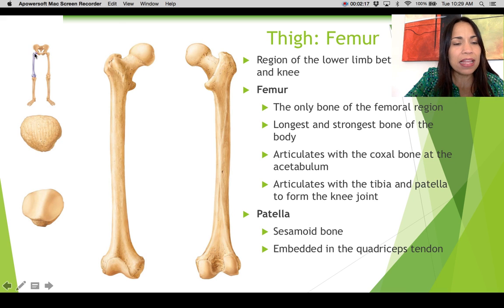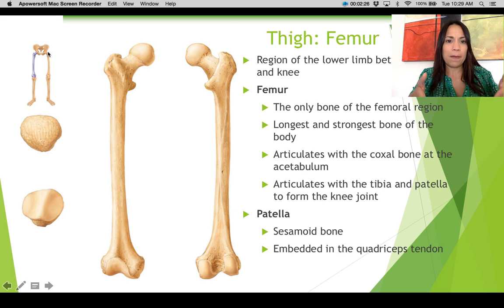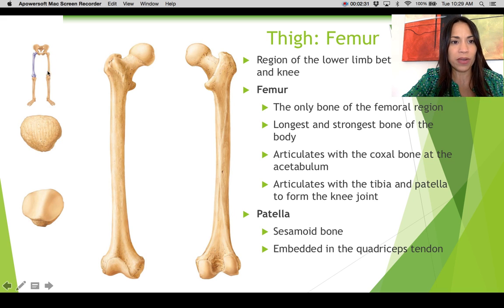It cannot be seen very well in here. This must be a male, but usually the femurs go from your pelvic girdle to your knee, right? And the direction that they take is from lateral to medial, from your pelvis to the knee. So the knees are closer together in the midline. This difference is greater in females than in males, because remember we just said that the pelvic girdle is usually wider in females